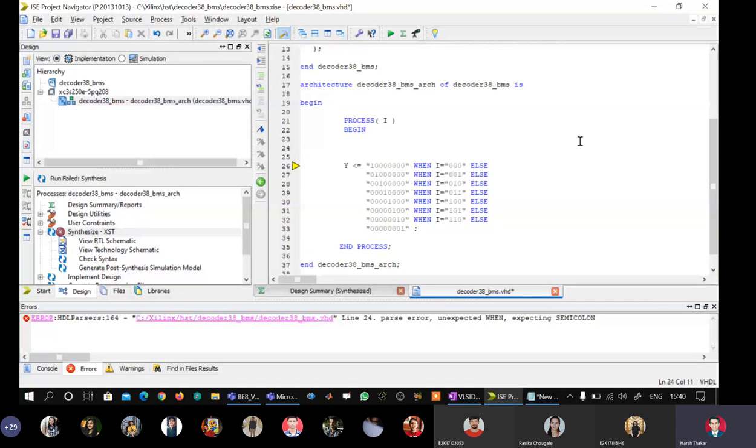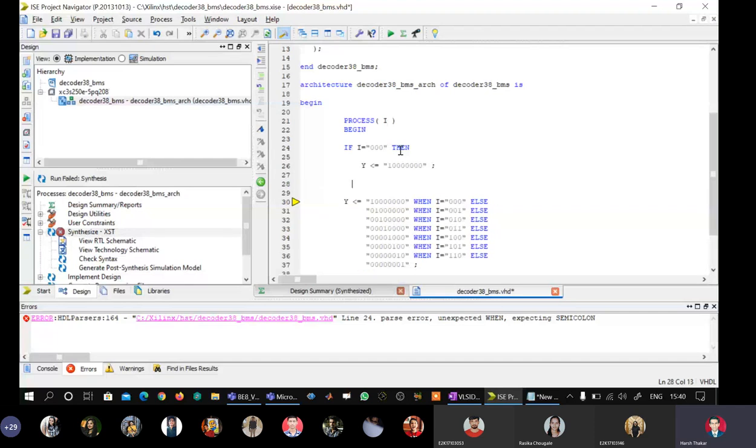Okay, so I will say if I equal to, so what I will do is that I will copy this if I equal to this n. Okay, and I will copy this statement here. Okay, semicolon.